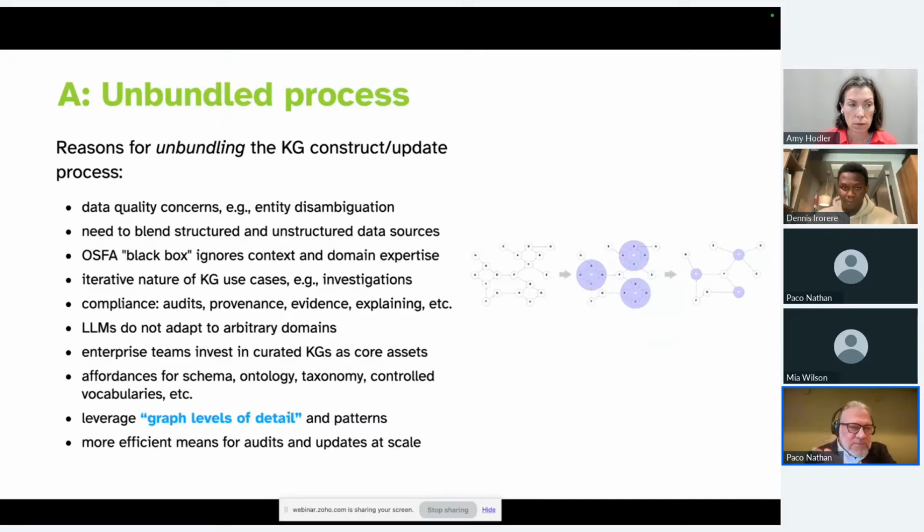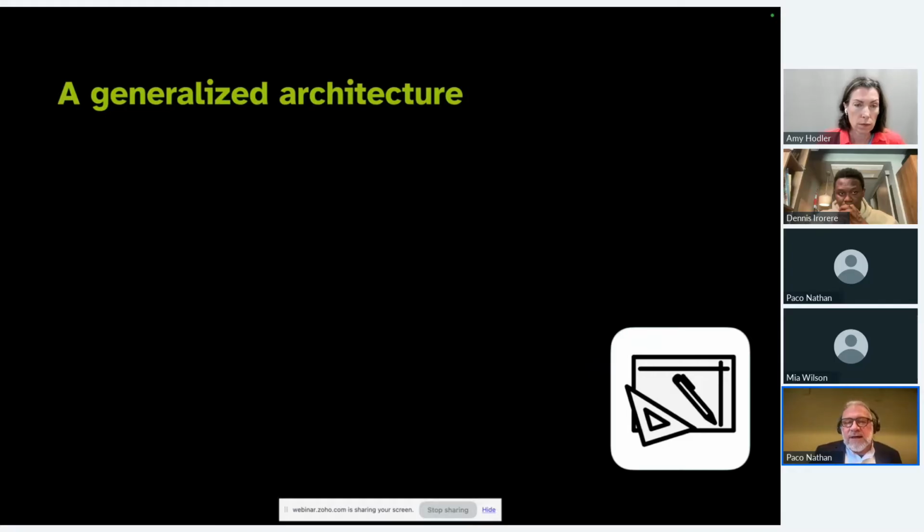They really kind of lean more on the unstructured side, but they don't blend in the structured as well. So part of the rationale for doing this talk is like, hey, let's take a look at what are the steps involved. Let's unbundle it. Maybe you need to be more accountable for your knowledge graph solutions, so you need to provide for having domain experts come and do oversight at different steps. Or maybe you just have some other technologies you want to bring in or some existing knowledge graphs you want to leverage. So that's a lot of the rationale for why to do this talk.